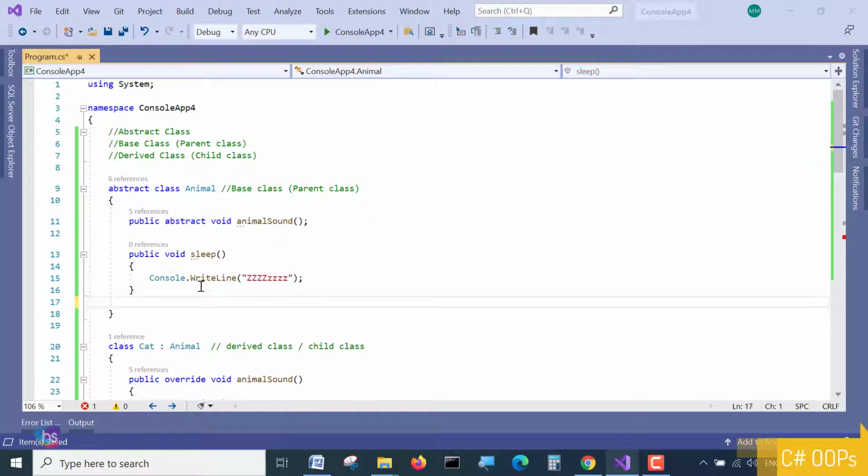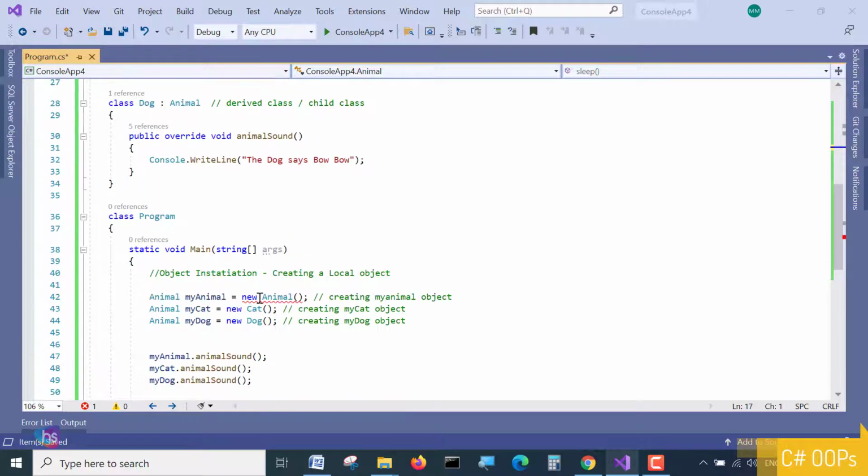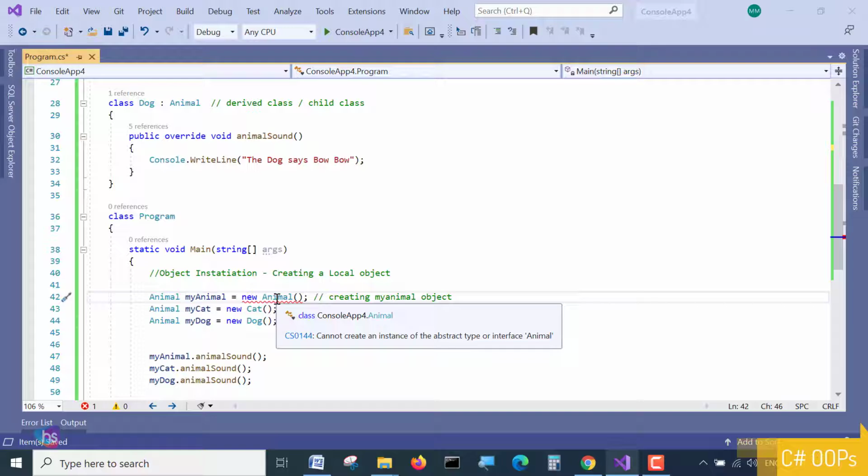The abstract class is implemented in the parent class, with an abstract method inside, which doesn't have a body. You are seeing here a regular method, as we would assign in a class method. So these things you have prepared here. Now what happens? With an abstract class you cannot directly instantiate regular objects. See what it is showing if I place my mouse over the colored text here: cannot create an instance of abstract type or interface Animal.